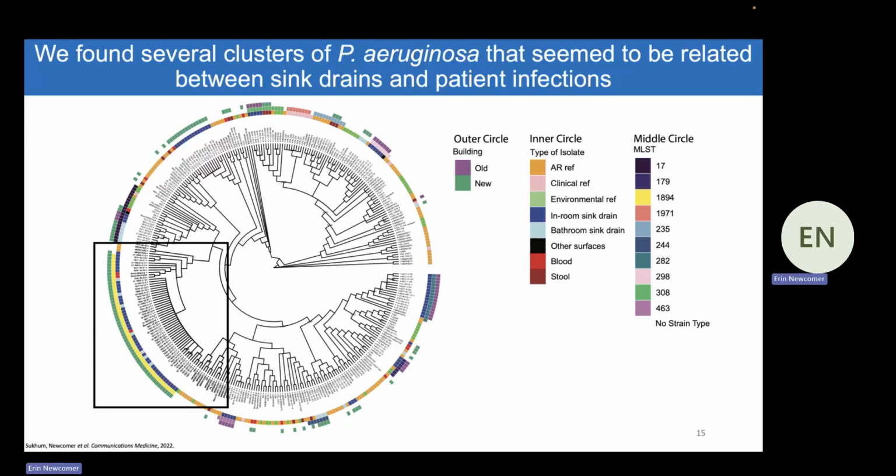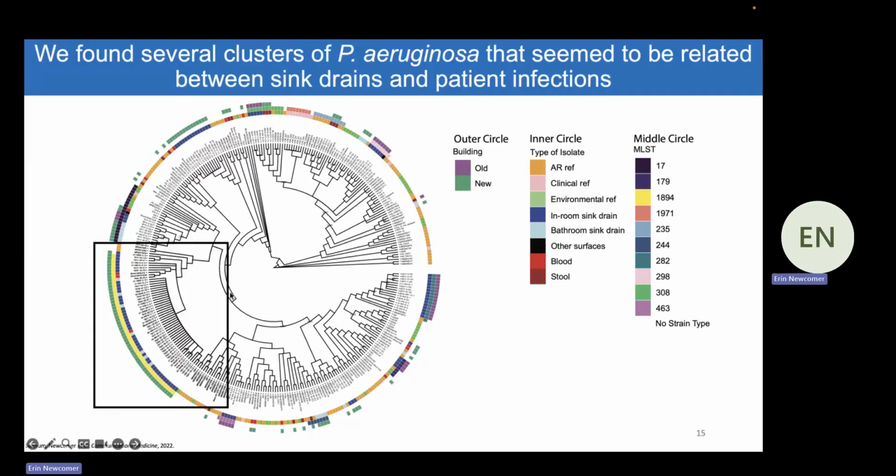We can also visualize different metadata around the phylogenetic tree. We have different colors associated with different metadata on these circles of colors surrounding the tree. And something that we found very interesting when we look at these samples phylogenetically is that we found several clusters of Pseudomonas aeruginosa that seem to be related between the sink drain isolates collected and isolates that we collected from